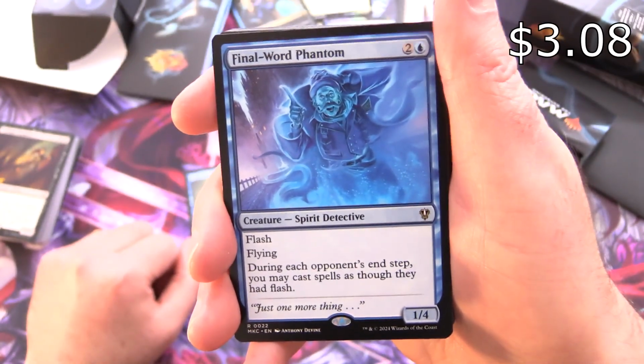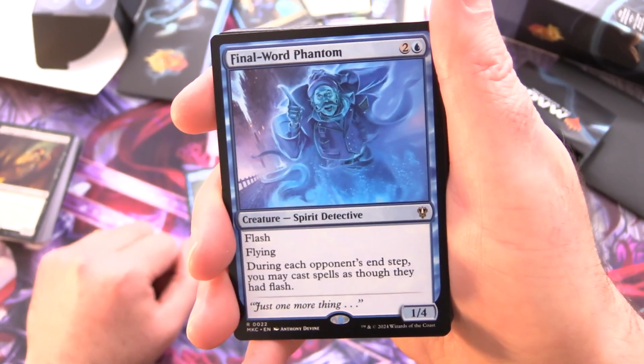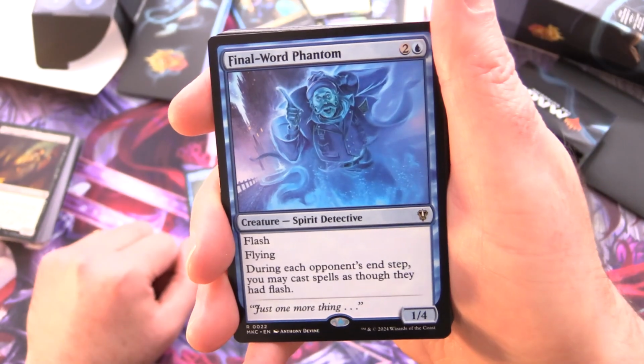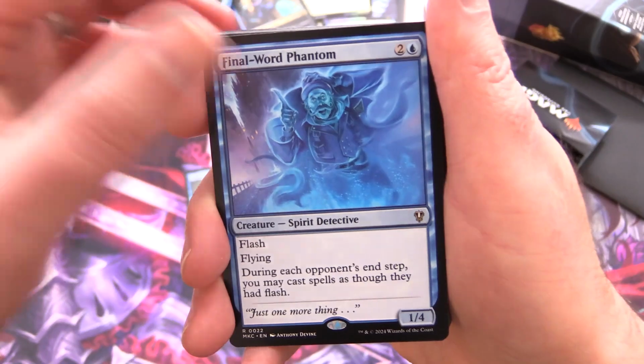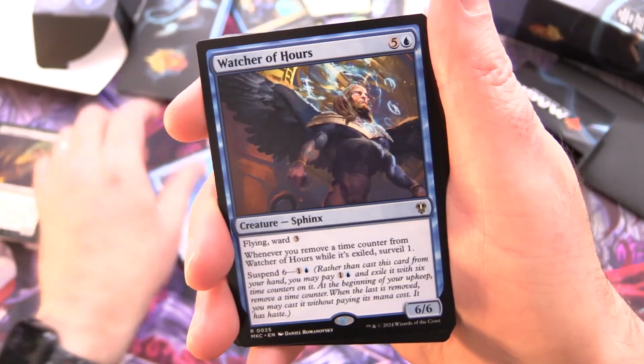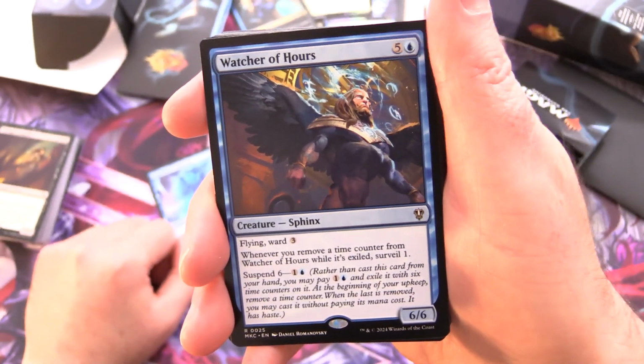Final word, phantom creature spirit, detective 1/4 for 2 and a blue, has flash and flying. During each opponent's end step, you may cast spells as though they had flash. Just one more thing. And we have Watcher of Hours, creature Sphinx, 6/6 for 5 and a blue with flying